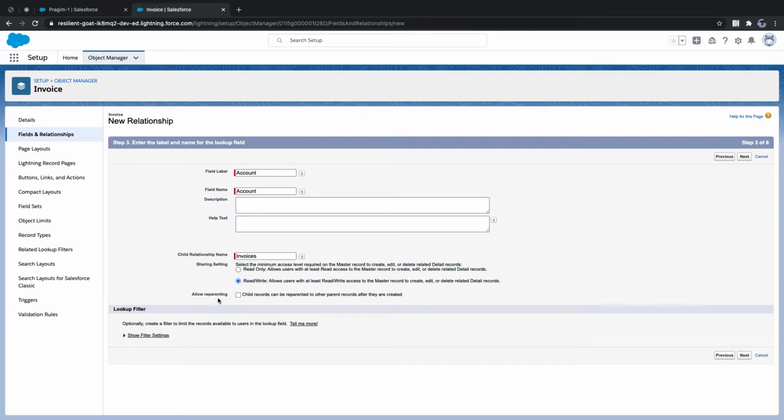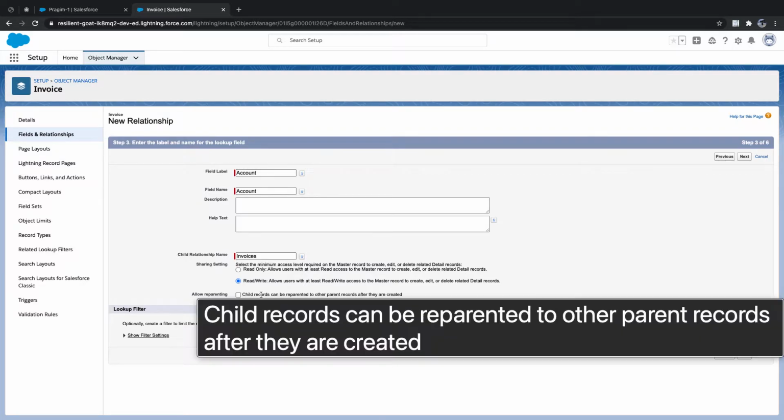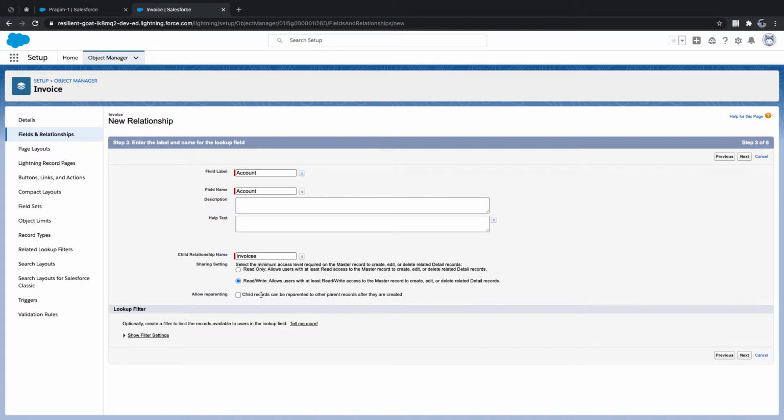And here there is an option called allow reparenting. What it is saying is that child records can be reparented to other parent records after they are created. Let's say you created one invoice now, and later you realize, hey, I selected the wrong account for an invoice. Can I update it now?